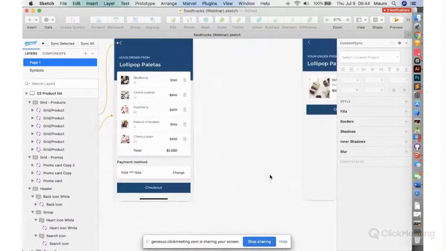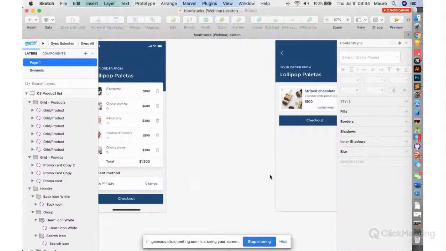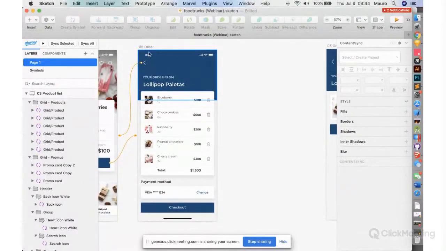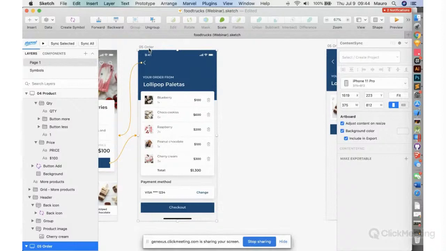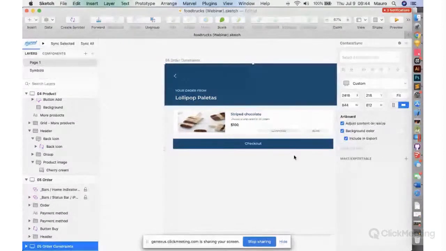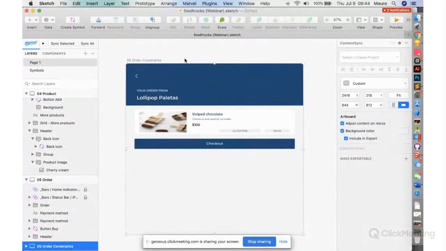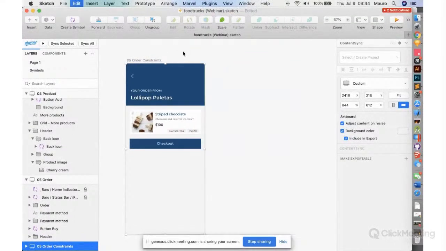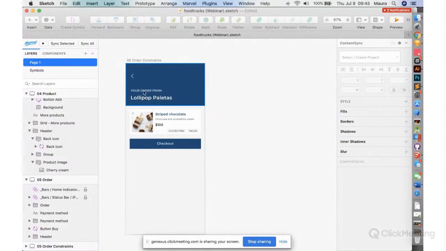And finally, a recommendation for responsiveness. As you know, phones have different screen sizes and resolutions, so we have to give GeneXus information in order to keep your design responsive. I have made here a screen that isn't responsive right now. For example, imagine I'm using this in a tablet, it's going to look like this. So let's try to make it a little more responsive. For that, we have in Sketch